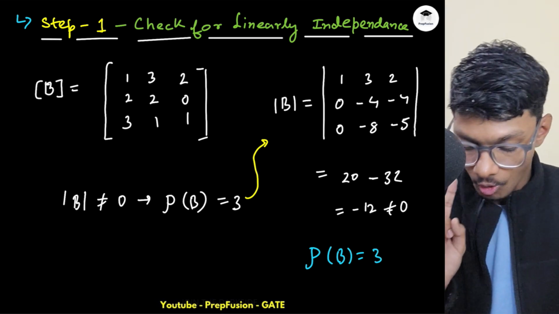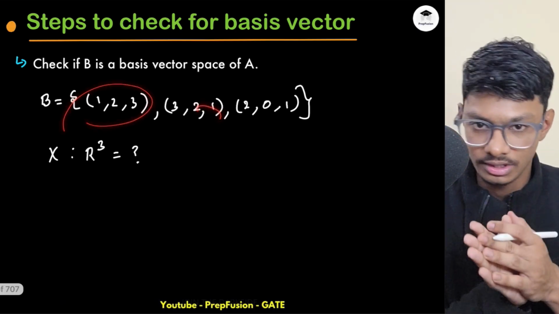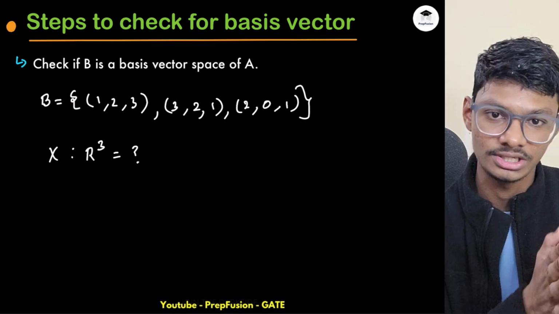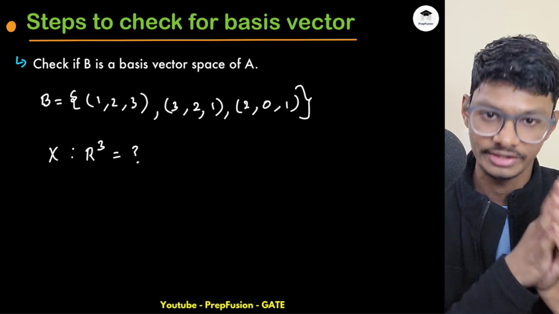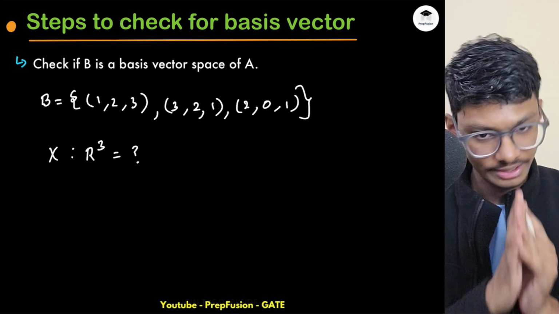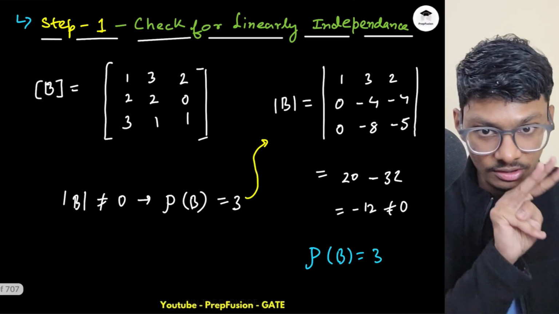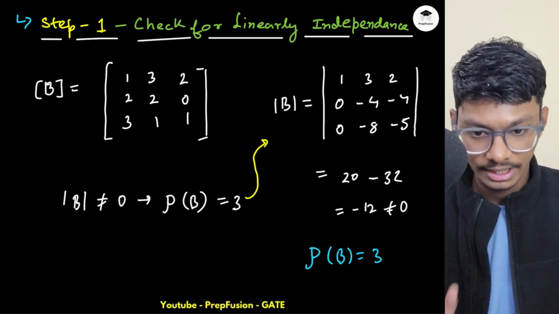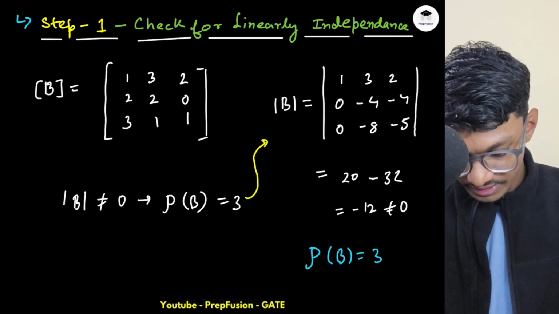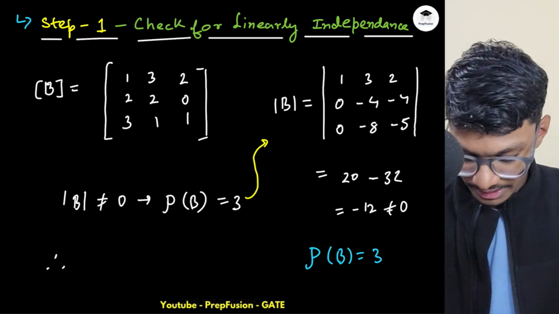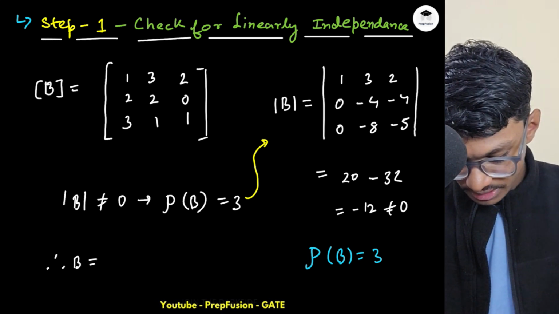Rank of B is equal to 3. That means that all of these column vectors, or you can write this in row format also, it doesn't matter, because determinant of A transpose is the same as determinant of A, and rank of A transpose is the same as rank of A. Now, it is a full rank matrix. That means the 3 columns or 3 rows are independent. Hence we can safely say we have passed our first test, that B vector space, let me color this in different color,